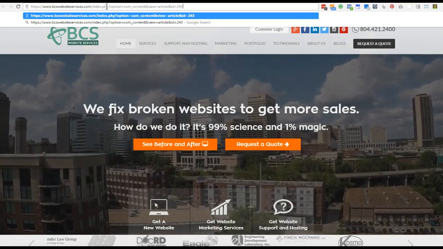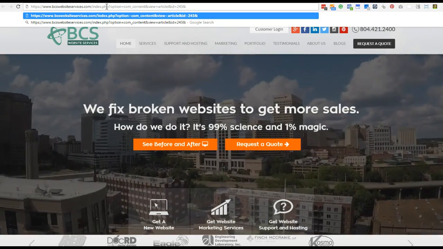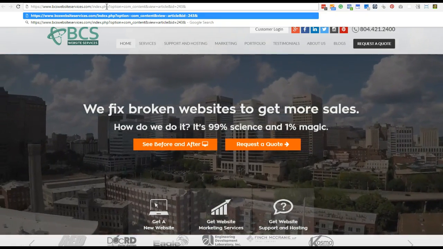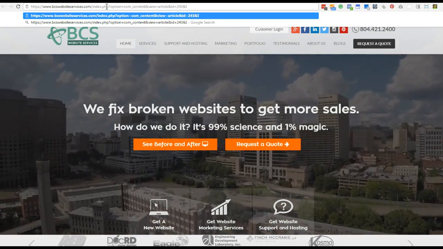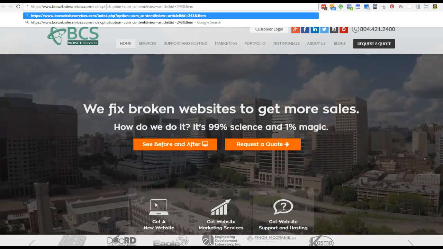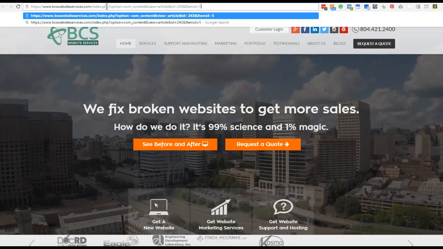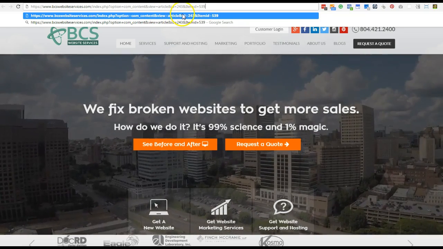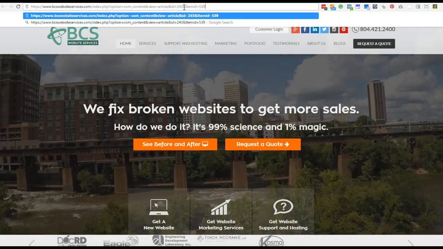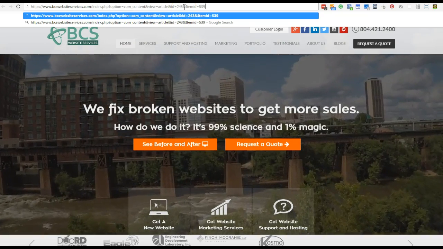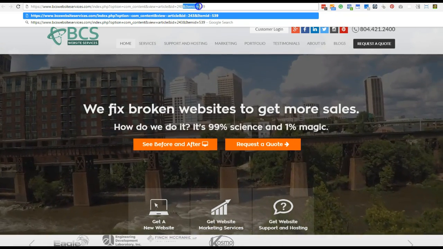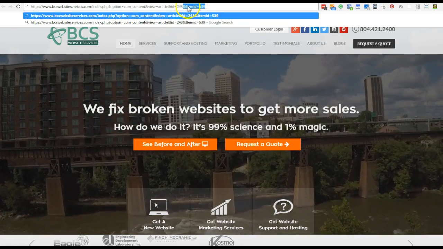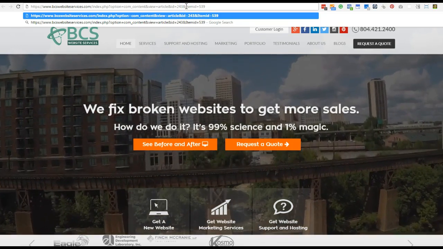That's the article ID, but there's one thing missing, and that's the Itemid. That's going to be capital I-t-e-m-i-d=539. So what we've done is create a proper system URL by adding ampersand Itemid=539, and again, Item has a capital I.